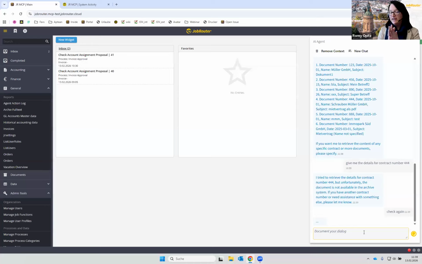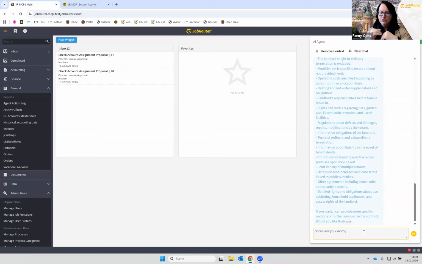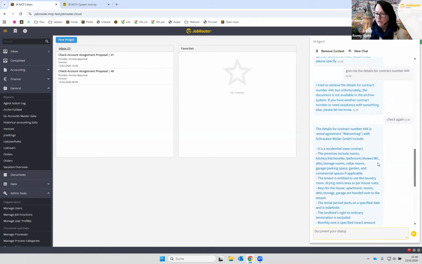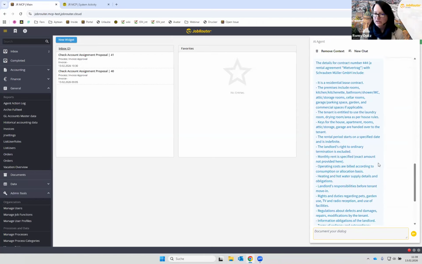So what it also has access to, which we should see if it actually does its work, it doesn't only have access to the archive view itself and the index data, it also has access to the actual full text of the document. So it can look inside the documents to extract the data. So that's the data it currently extracted for me.